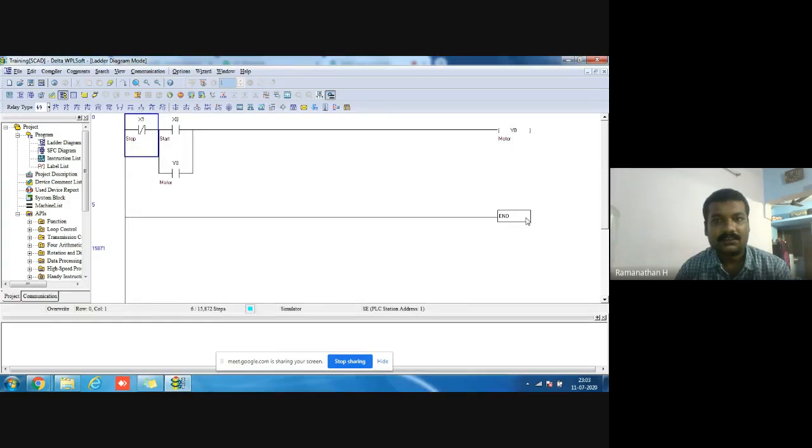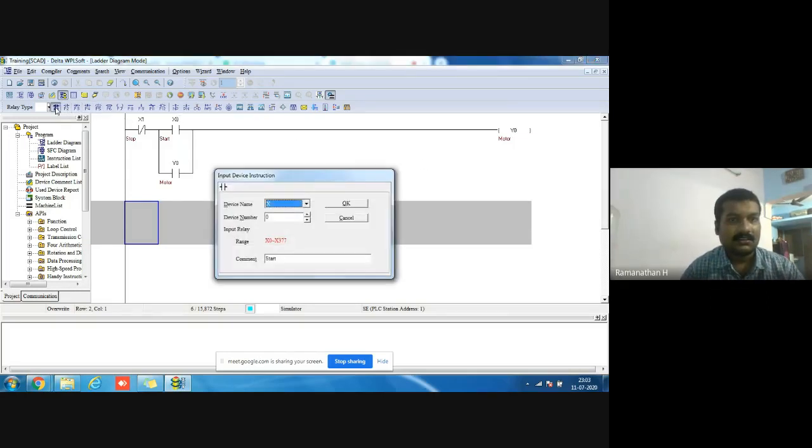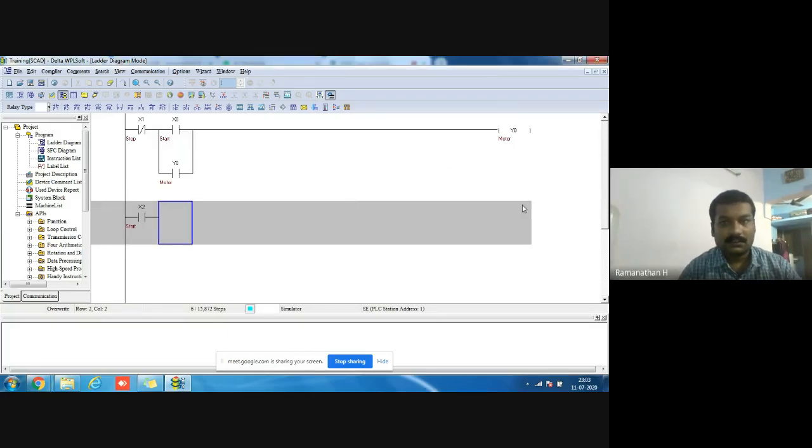I forget all concept. Another concept is also there. The same motor, like give x2 as start. Okay. Here I use the setting section.